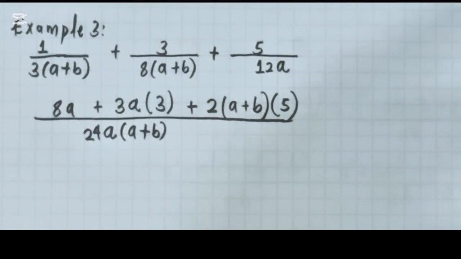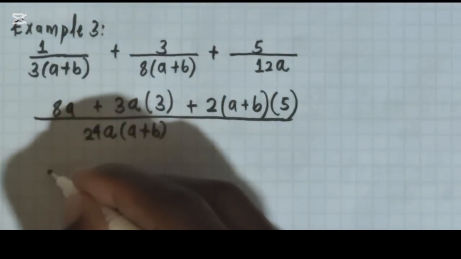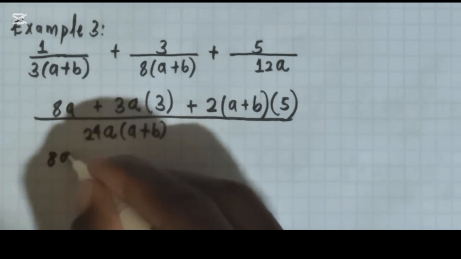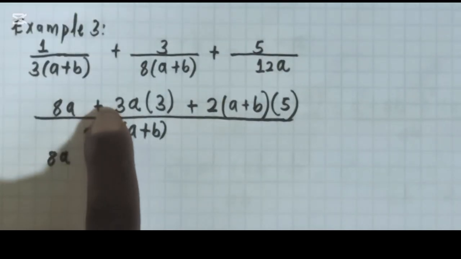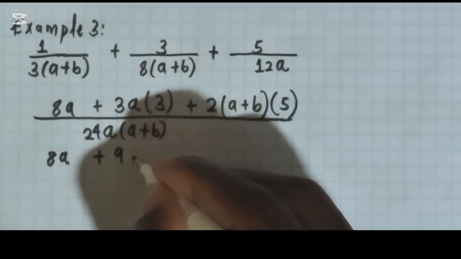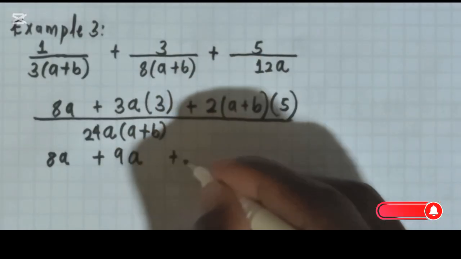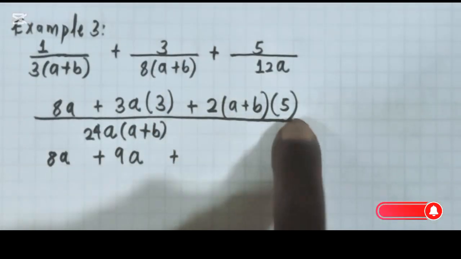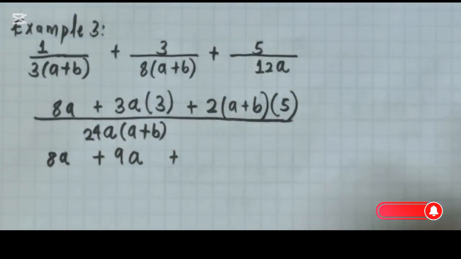So we're going to expand our numerator and try to simplify terms out. 8a will just be as it is, 8a. Then plus 3a times 3, that is 3 times 3, will give us 9a. Then plus 2 times 5, the numerator times 5, will give us 10. So that will be 10 into a, giving us 10a,